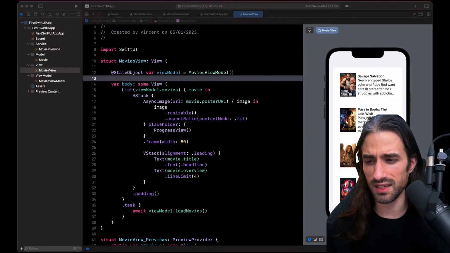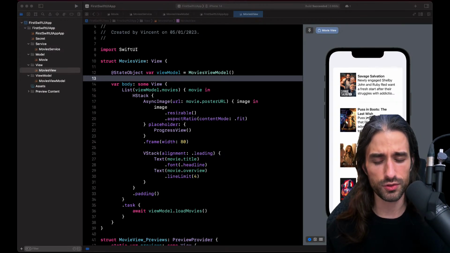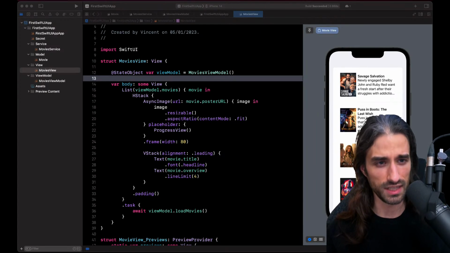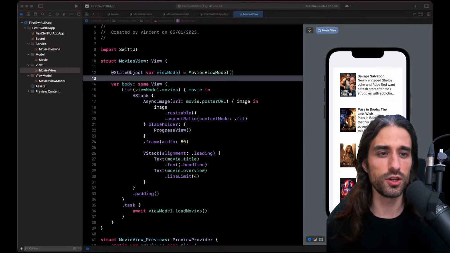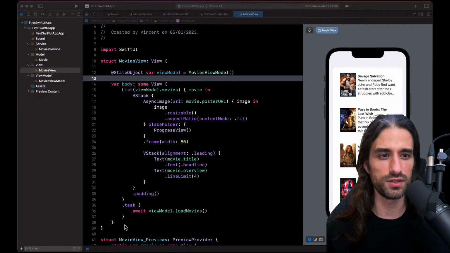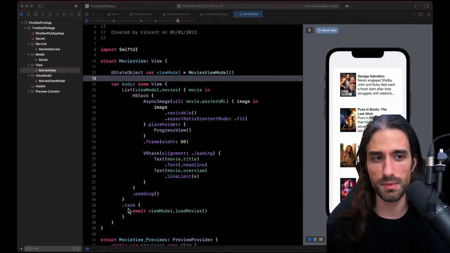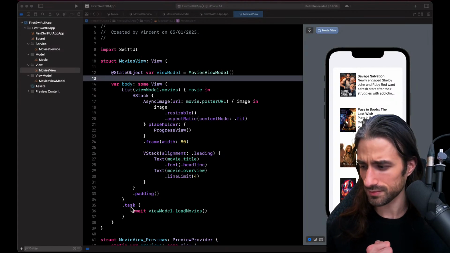Last thing I want to say is that the full support of async await in SwiftUI came with iOS 15. So if you're using iOS 14 and before, if you have to support it, you will not be able to use all of the nice little things like the task modifier. You can find versions implemented by the community, but not the one offered by Apple.